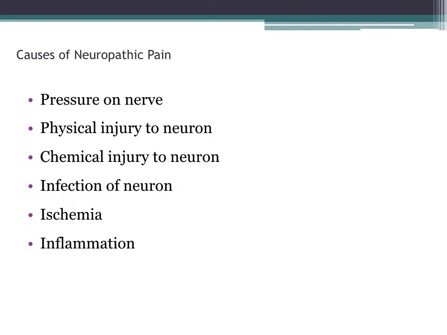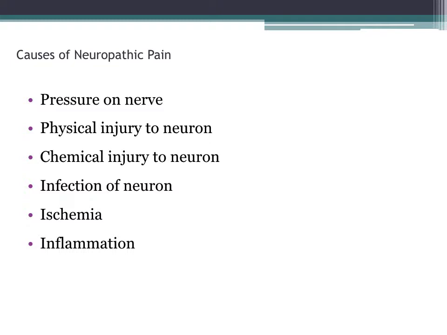If there's a physical injury to the neuron, so there's inflammation in the area where that neuron is located, you're going to have neuropathic pain. If there's a chemical injury to the neuron, maybe we've given a medication and we've hit the nerve instead of hitting into the muscle, it would be a combination of a physical and chemical injury to the neuron. If there's an infection, think about somebody who has meningitis. They have horrible, horrible headaches because the neurons in their brain are being affected by the